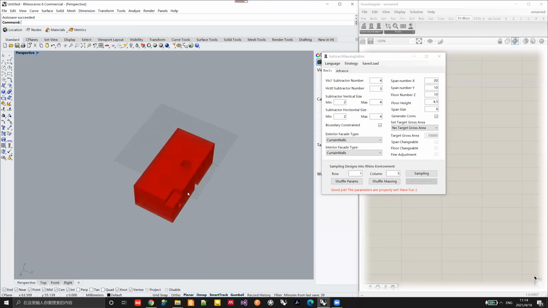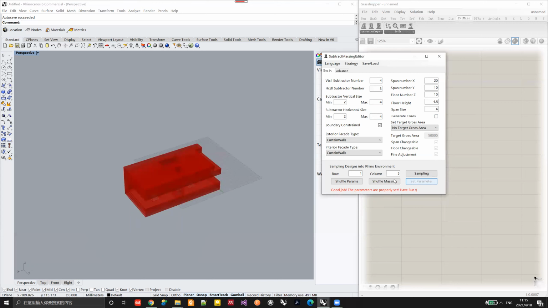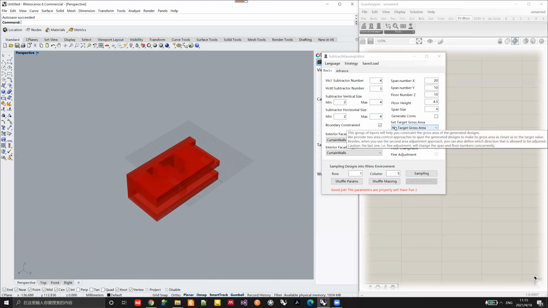But it will cost you a little more time to compute the whole geometry. So to make sure, if you want this function, you click this box. And all right. The next useful function is to set the target gross area, because